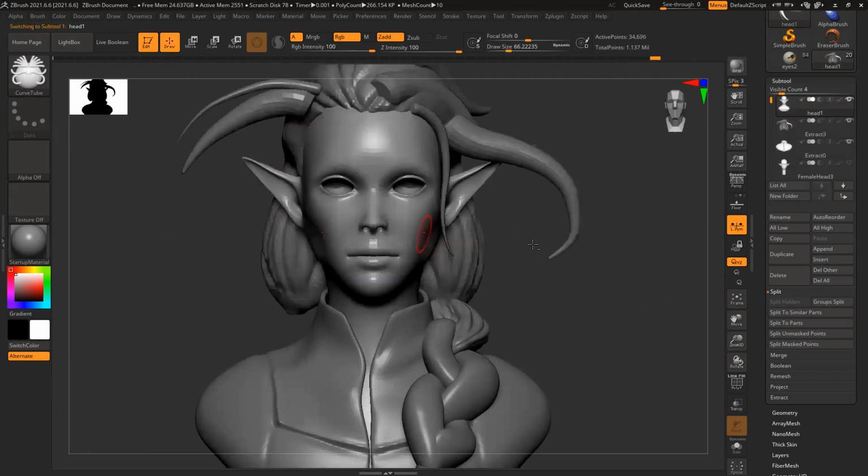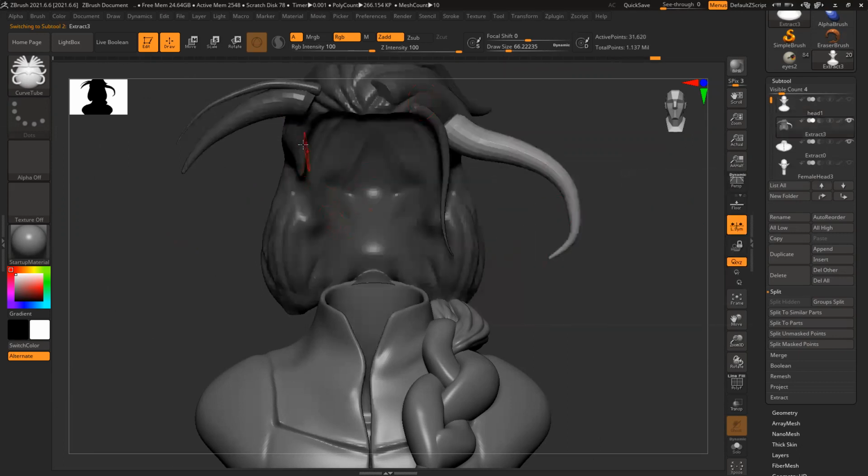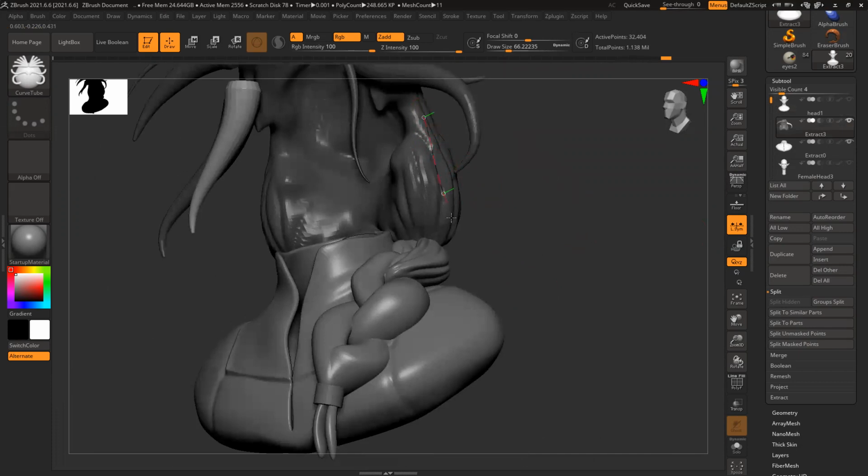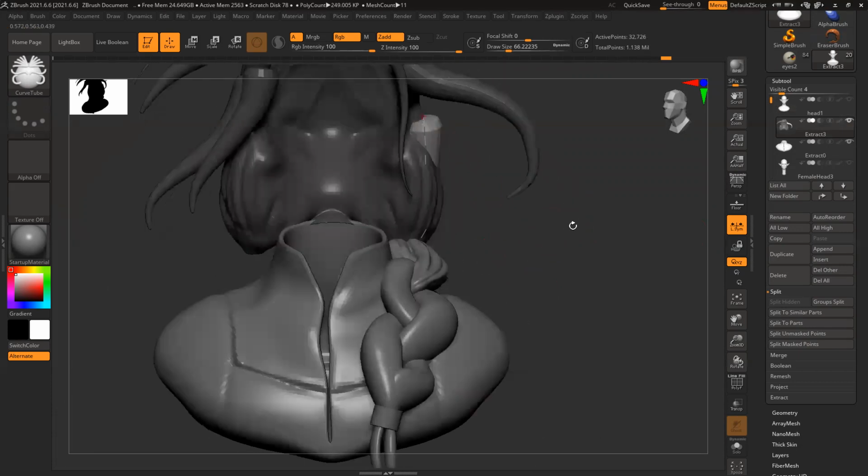And if this head is creating problem, I can hide the head, go back to hair, and then two of them. And to make it a little more interesting and a little nicer, if I want, I can add some loose strands here.